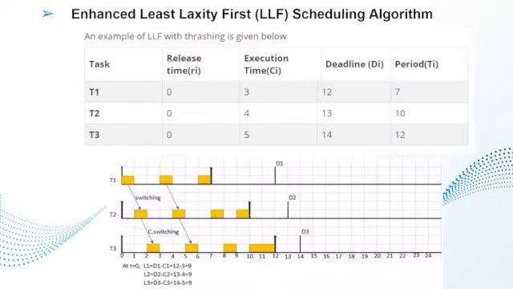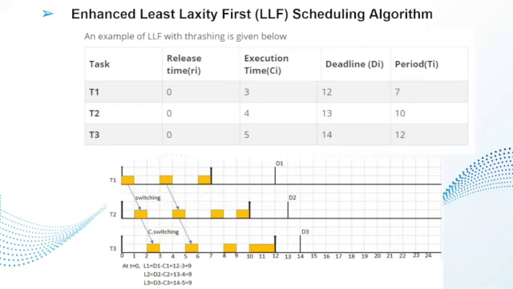So let's go to another example: the least laxity first scheduling algorithm. I'm not going to go into very much detail on this one because it's going to be too boring, and I have to go over the math again, which consists of, I think, 9 steps to be exact from what I see. So we're just going to talk a little bit about it.